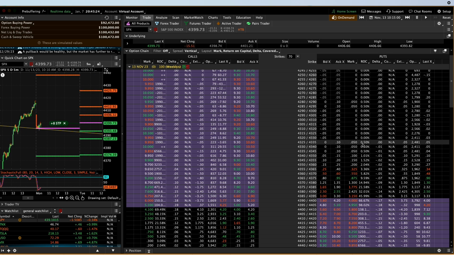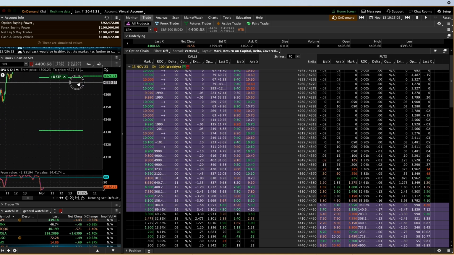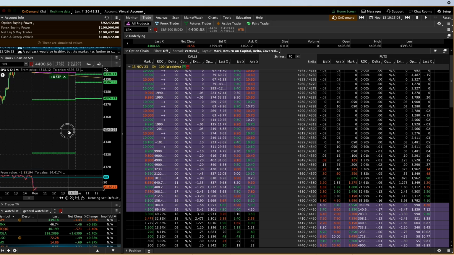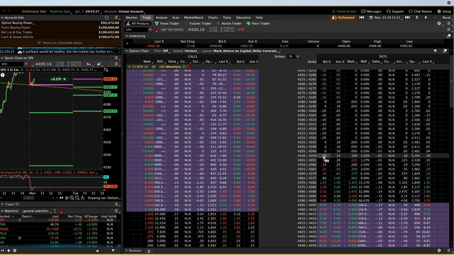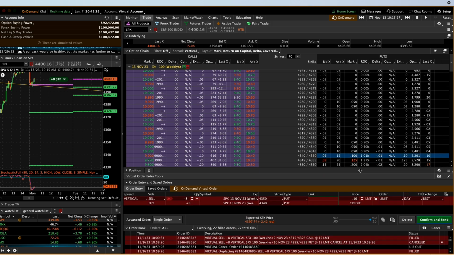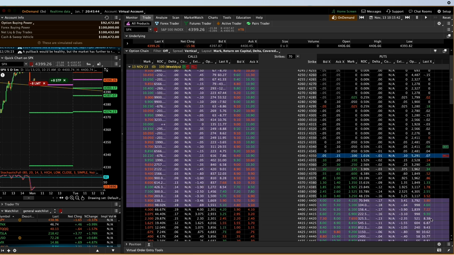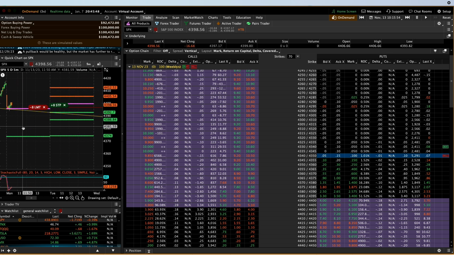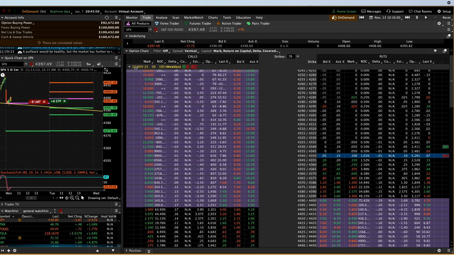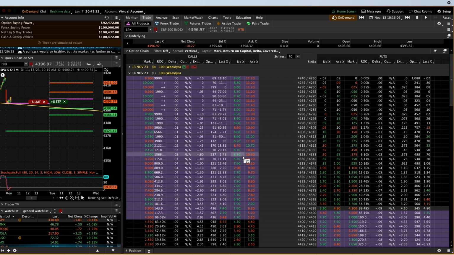So I'm going to first look for a 0 DTE, see if there's anything on the table. 43.50 puts us mid. I'd rather 45, but we're not going to get that right now. So I'm going to go ahead and 44.50, put that out there, see if we can get it. So we got a red bar, so we might get it. And I'm going to look for a 1 DTE as well at the same time. Looks like we are going to get it.